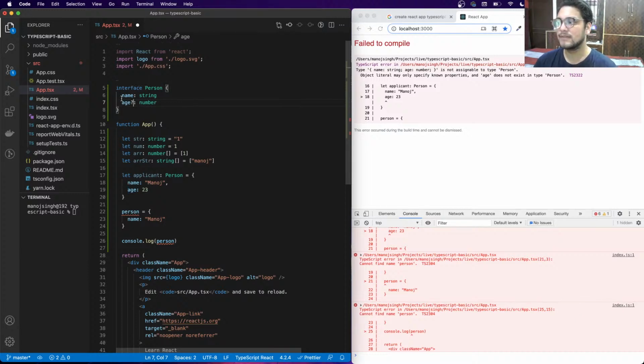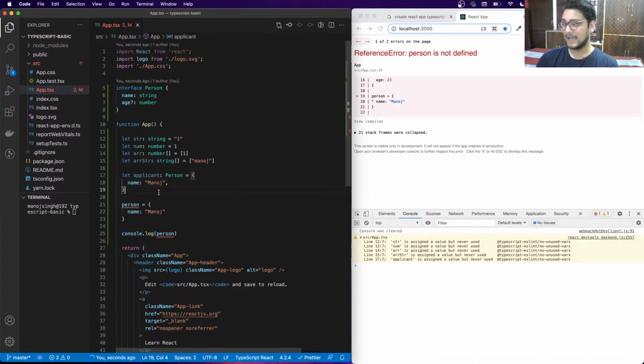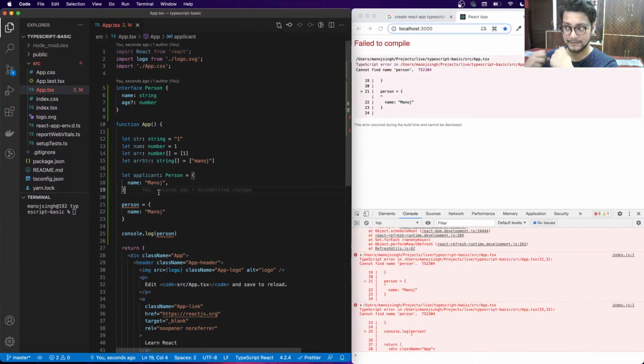If I put a question mark here, right? So now you don't have to specify age, because it says that applicant can have name required, but age can be optional. You can provide it, you can not provide it, TypeScript will not throw an error, basically. So for example, now this will work, because now